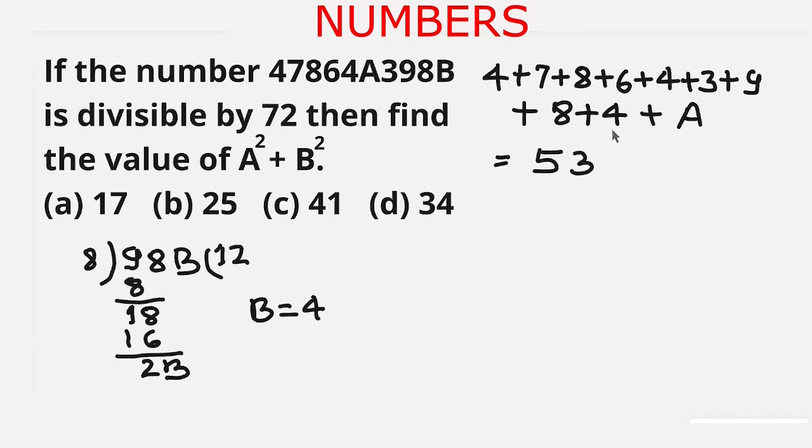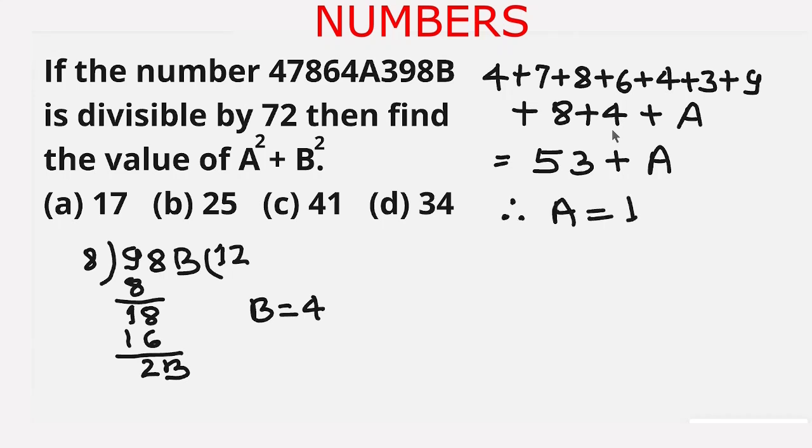Now if 53 plus A has to be divisible by 9, then what should be the value of A? In the numbers 50 to 59, the only number which is divisible by 9 is 54, as 9 times 6 is 54. Thus 53 plus A has to be 54, then A should be equal to